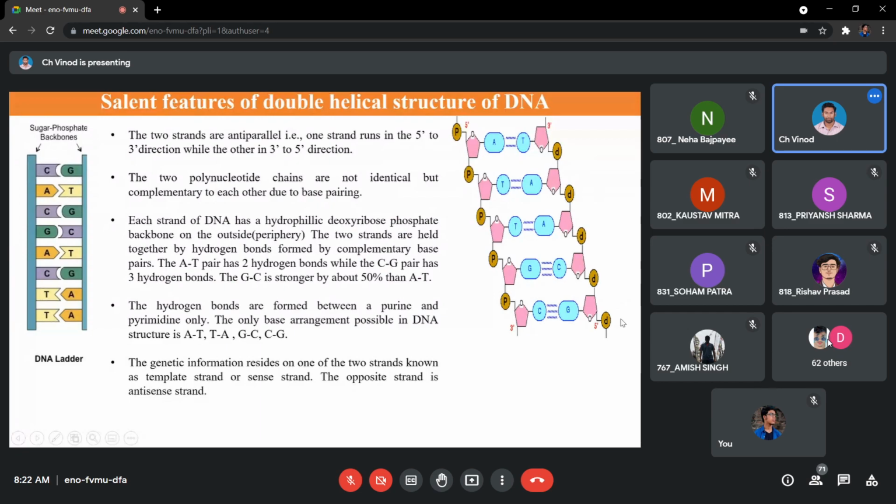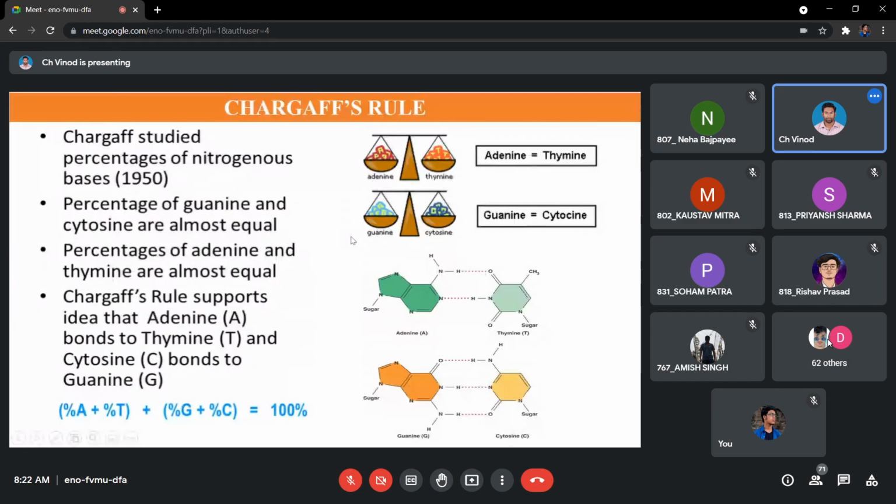Now, coming to the combinations, look at the combination of interacting partners. There are only two possible combinations: AT, adenine and thymine, and guanine and cytosine. So depending upon this, if we come to know about one particular base content in a particular DNA molecule, you will be able to identify the rest of them. How is it possible? Through a rule called Chargaff's rule, which says that